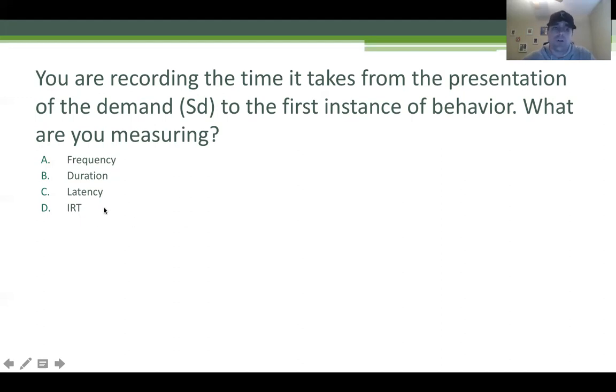Now remember, IRT is the time between two behaviors. Okay, so it would be the first instance of behavior to the second instance. Okay, that would be your IRT, the time between the end of the first one and the start of the second. Okay, latency is from the demand to the first instance. So here we're looking for the time between the demand and the first instance, which would be latency. Okay,